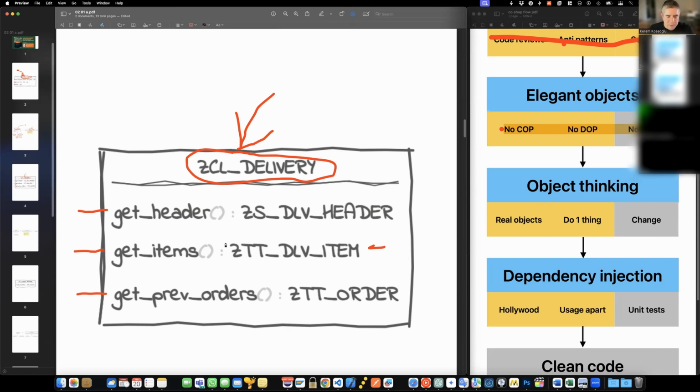However, if you keep those data structures private to this class and make the class work for you, then a change in this data structure will cause only a minor modification in one class or two. You don't have to run a system-wide where-used list to find out who's going to be affected by this change. You will probably find one or two classes which you need to modify, which is much more convenient than modifying like 30 other programs which have used your data structures. So instead of getHeader, getItems, getPreviousOrders, whatever, instead of asking the delivery class for data,